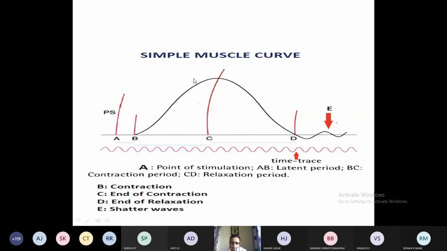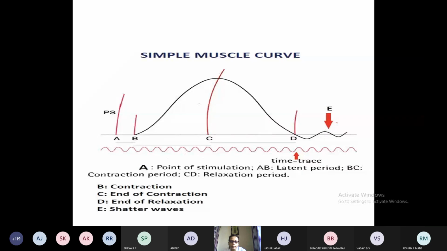We will discuss some points, like what is the duration of this. Whenever you are taking any standard simple muscle twitch, it is measured with the help of a millimeter scale. Each wavelength, can you see downwards, is one wave-like structure. Each wave corresponds to 0.01 second. Are you getting this point? This wavelength corresponds to 0.01 second, so that you can measure.